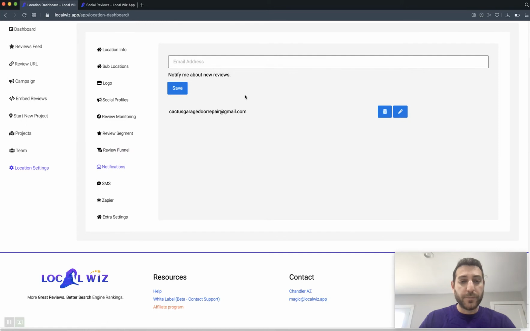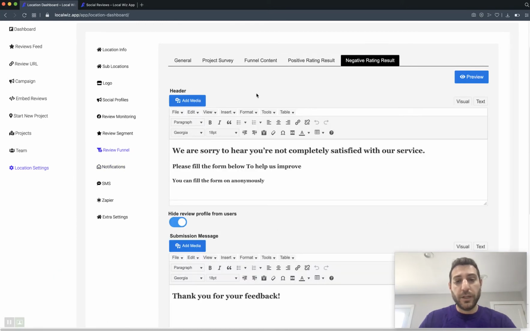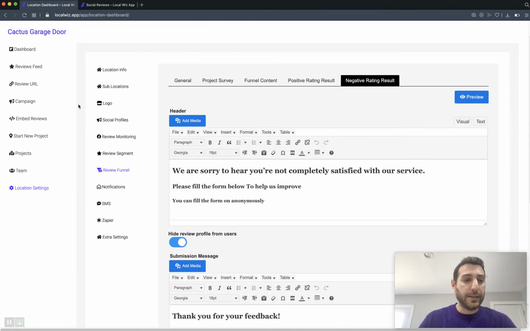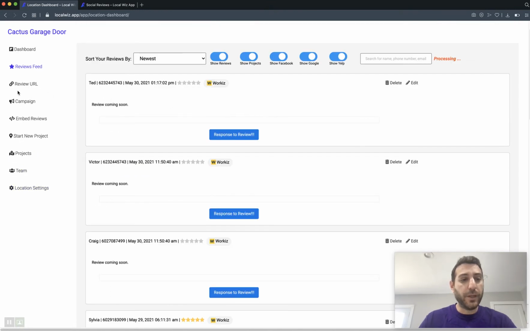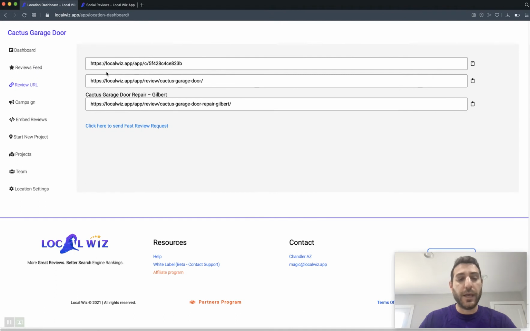After that, of course, make sure you set notifications so you'll get all the notifications. So this will allow you to customize the funnel the way you want it with your lingo and the way you think it's going to work best. Now, after you have that, your review URL link is going to be generated,